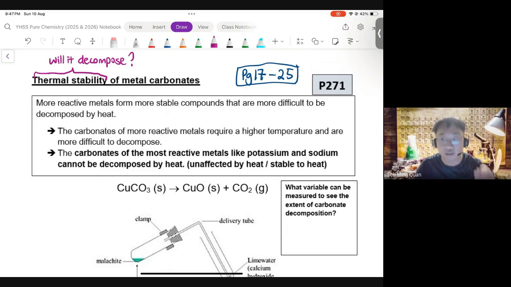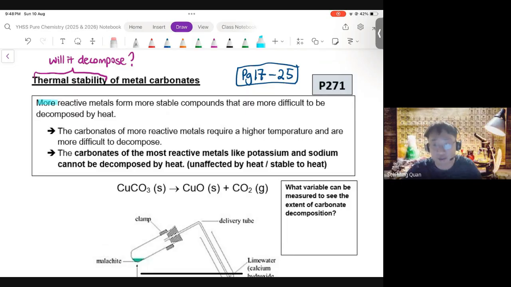Similarly, sodium. Sodium 2,8,1, not stable. Outermost shell is not fully filled. So the sodium atom will lose one valence electron. Boom! It loses one valence electron, it forms Na plus. The moment Na plus forms an ionic compound, it doesn't want to go back to Na. And that's the idea. So it tells you more reactive metals like potassium and sodium, once they react, they boom and form a compound. The compounds generally don't decompose.